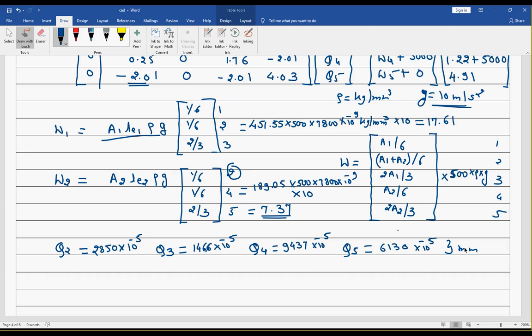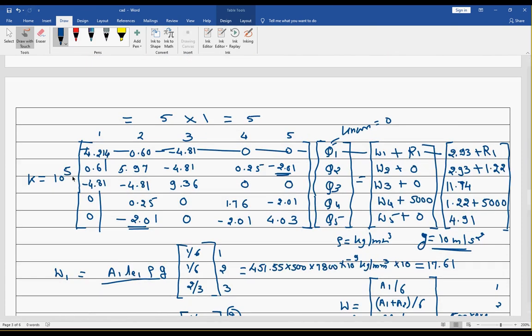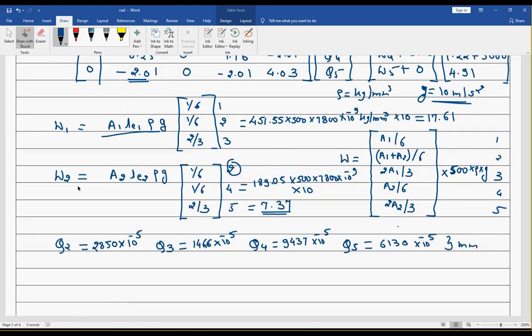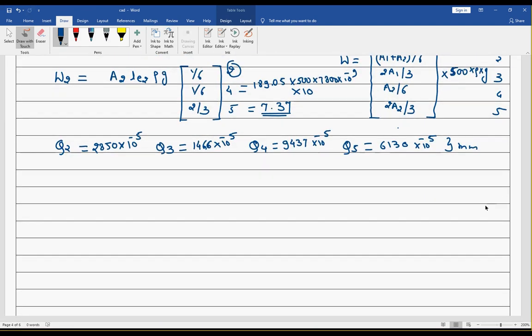Okay, so everybody is getting almost the same answer. The only thing is that you may have forgotten to multiply by 10 to the power minus 5, because 10 to the power 5 is a common factor. So you can also do it later on. Now the question is